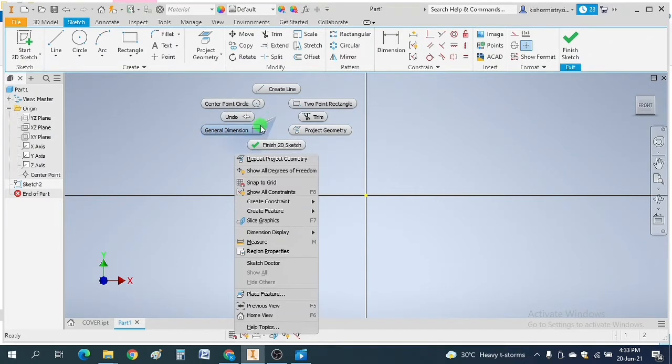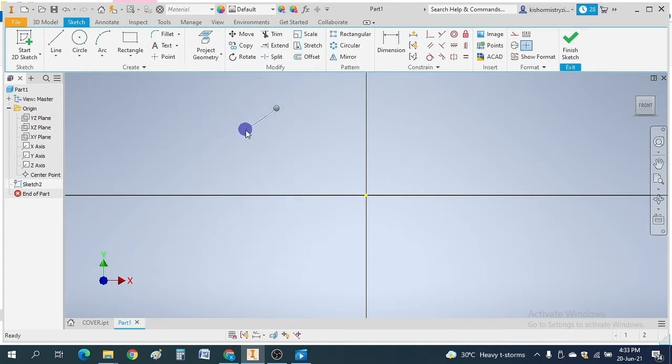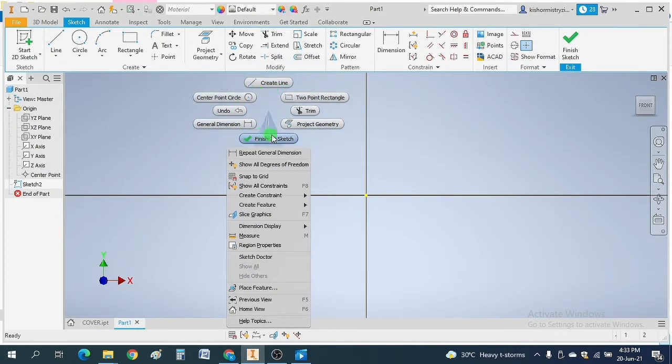After right click, you can click on this, or you can drag. If you remember the direction, you right click and drag in that direction and the command will be selected. So you don't need to go again and again selecting the commands from these panels. Okay, so you can change this quick access toolbar as you desire.